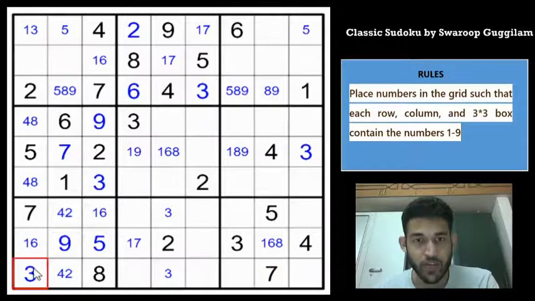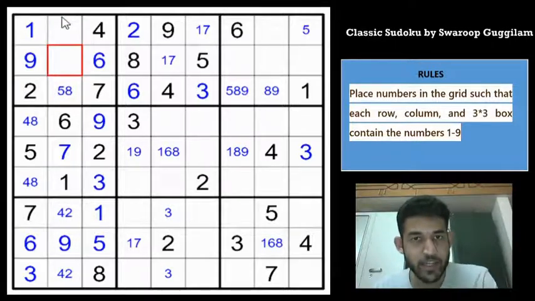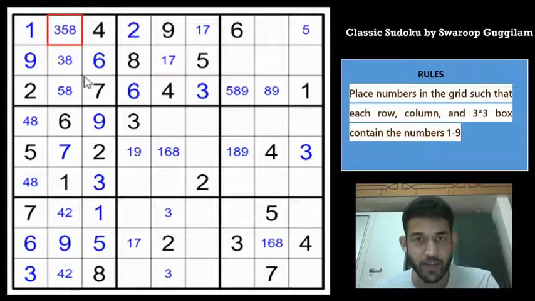Okay, you have a 3 here, right, which means you can resolve this 1-3 pair, 1-3 possibility. So it has to be a 1 now, and this means this is a 6 and this is a 1, which gives us a 6 here. And the only possible candidate left in column 1 is a 9, you can place that, and which means this is not a 9, and the remaining digits in box 1 are 3, 5 and 8, but 5 is here, so this is a 3 and 8, and this is a 3, 5 and 8. And this one resolves the 1-7 pair in box 2.